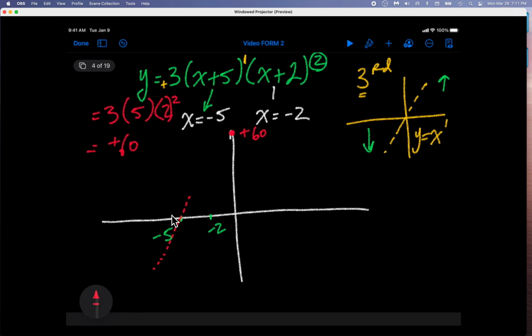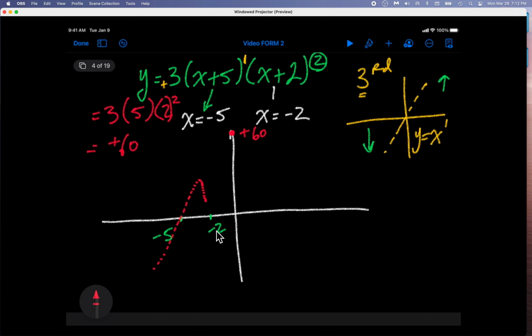So we know at some point in this interval, this graph is going to have to come back down. Now, we don't know how high it goes before it does that. To figure that out, we would plug something here in the middle. We would put in x equals -3 and see what y evaluated to. But we're not going to do that. We're going to turn this graph back down towards -2, where we know it's going to touch or cross the